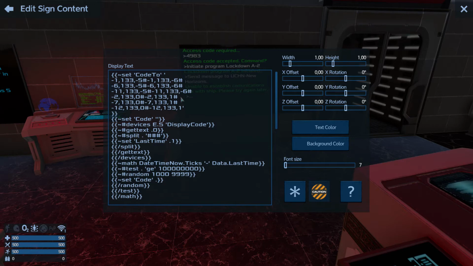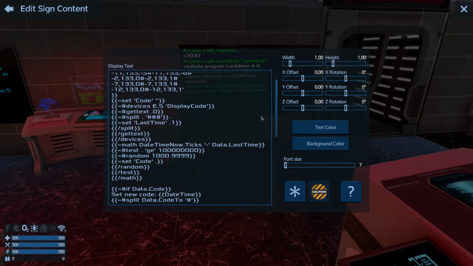So you can see here first the code 2 block. These are the positions of the doors where the code has to be set. These are the 12 doors in the floor nearby, and the LCD in this room you can see is named display code. So here you can see the split